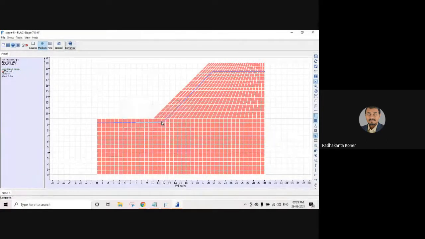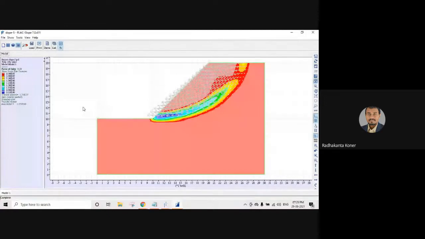In general, sometimes a 30 to 35% reduction of the factor of safety is observed with the groundwater table consideration in the model. This again shows the SSI zone, the shear strain increment zone, indicating that if failure occurs in this slope, it will necessarily be within this zone. This much velocity tells us the rate of deformation going on. We can back calculate from this data. So this is the advantage of this.